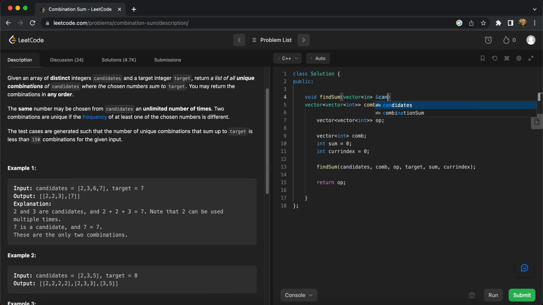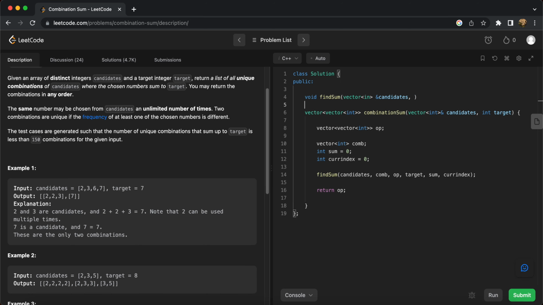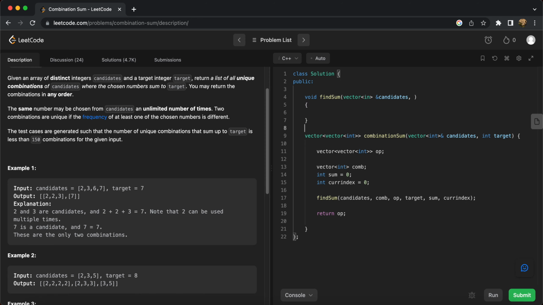and candidates. So why do we have a void return type here? Because we will store the output in the OP vector only. So we need not return anything from this find sum recursive function, right? So we will keep storing the output, keep appending the output to our OP vector. So vector int and candidates, this is our first parameter, then vector int and comb,